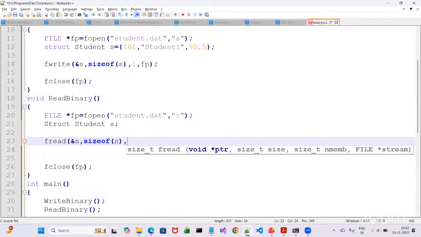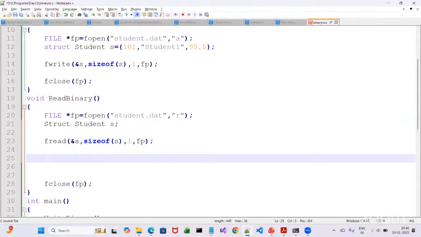That is why it is said that use the reading and writing on the same system and do not use it on another system, because the endianness will differ in how the bytes are written. It may be little or it may be big. So reading is not going to give you the proper output. So one element and the file pointer,